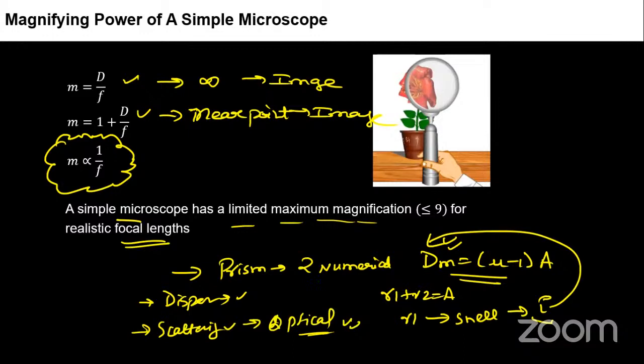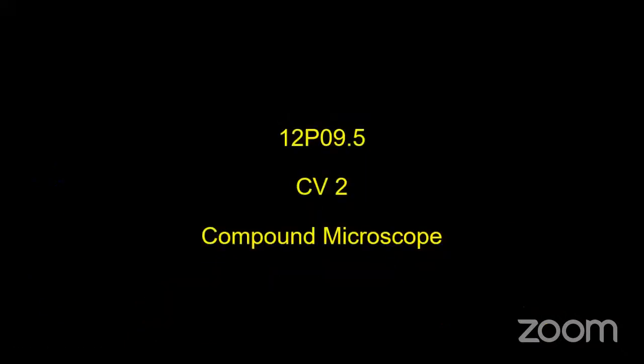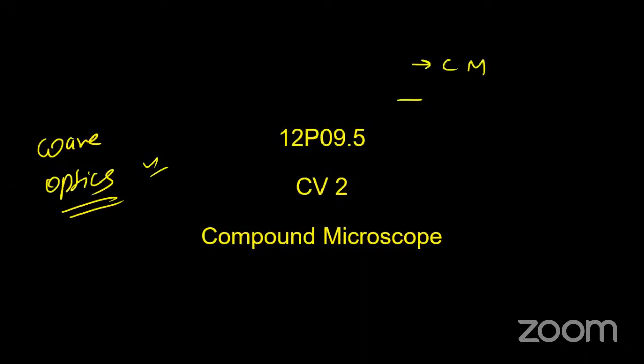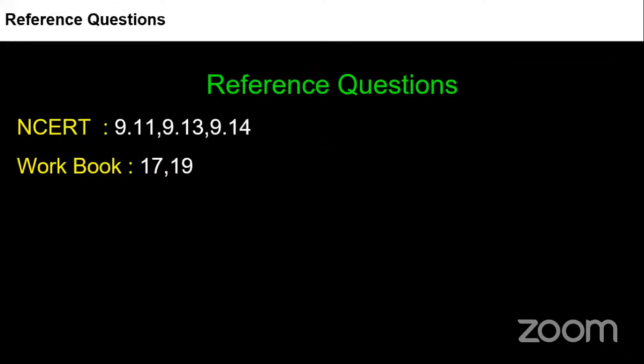Is it fine, students? So next class, compound microscope and telescope first, and then the wave optics chapter, a new chapter, will start. That is our favorite chapter, wave optics. In the next class, we'll start this chapter. The rest of the things are very easy. Compound microscope is remaining, telescope remaining, astronomical, and some factors related to that. This will be ended soon in 25 minutes. So that was all about today's class, students.